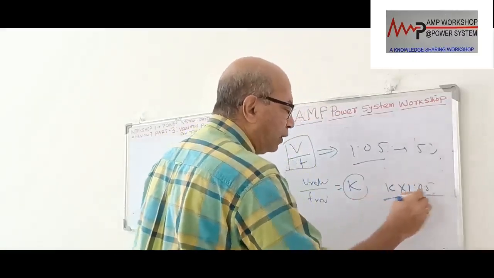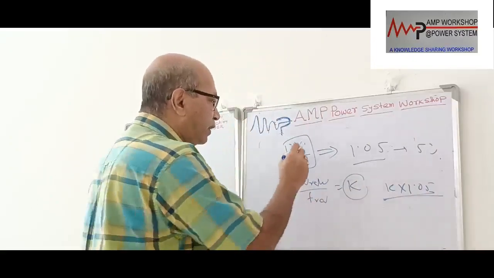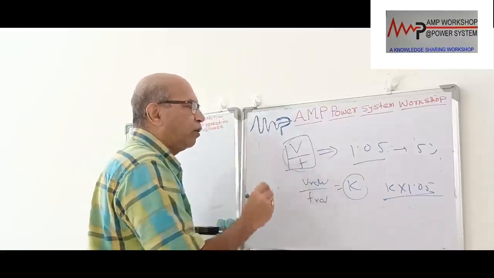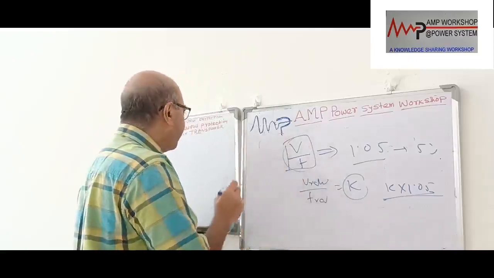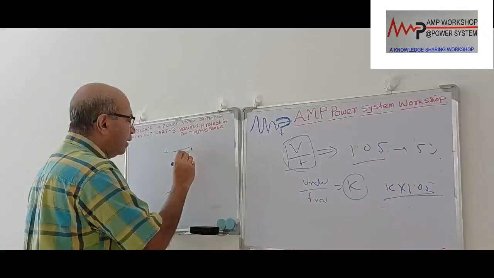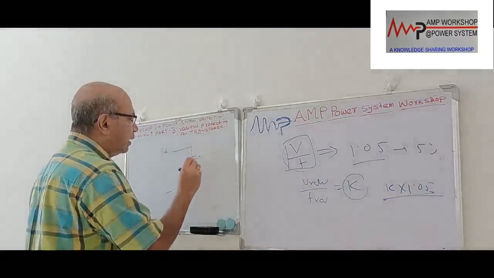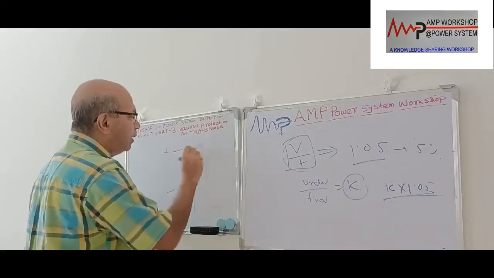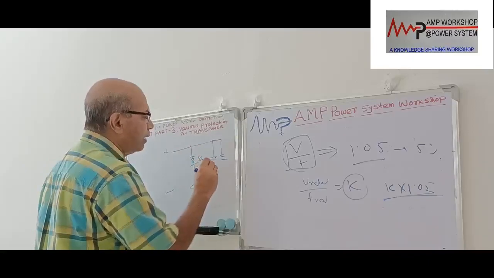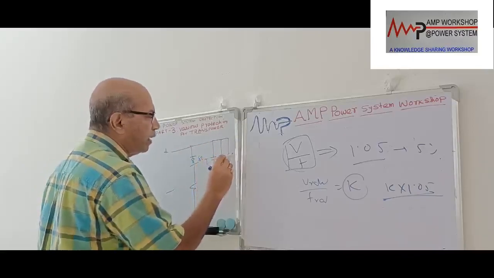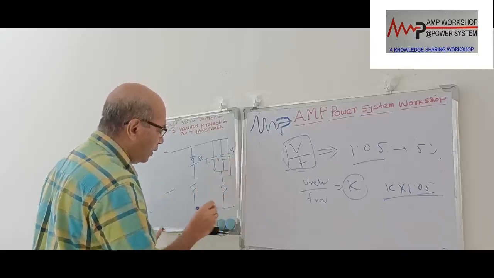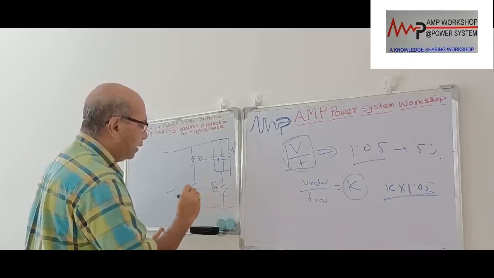If this value is more than this, there is a V by F relay in the transformer, and we have to install this relay. It is called the overfluxing relay. Then this overfluxing relay will give a command. We have already seen how it works. This is an 86 lockout relay contact going to the trip coil, and we have a temperature contact. Along with it we can put another contact over here, that is V by F, and it will go to the lockout relay 86, and 86 will give the trip. This is 86 and this is the trip coil.